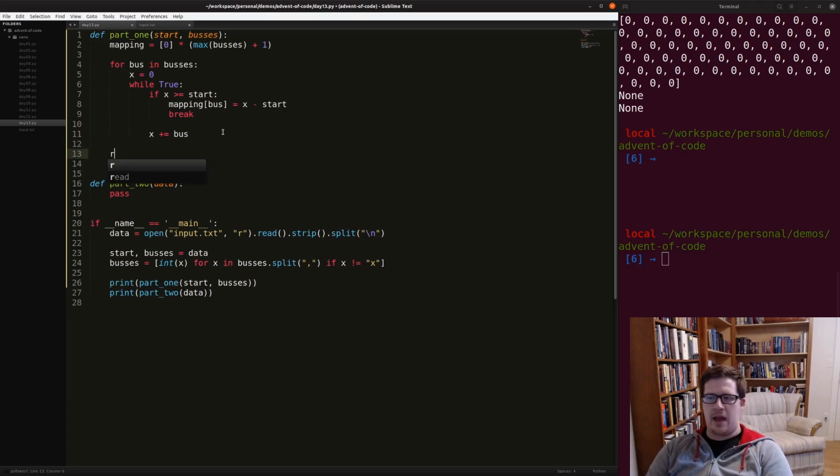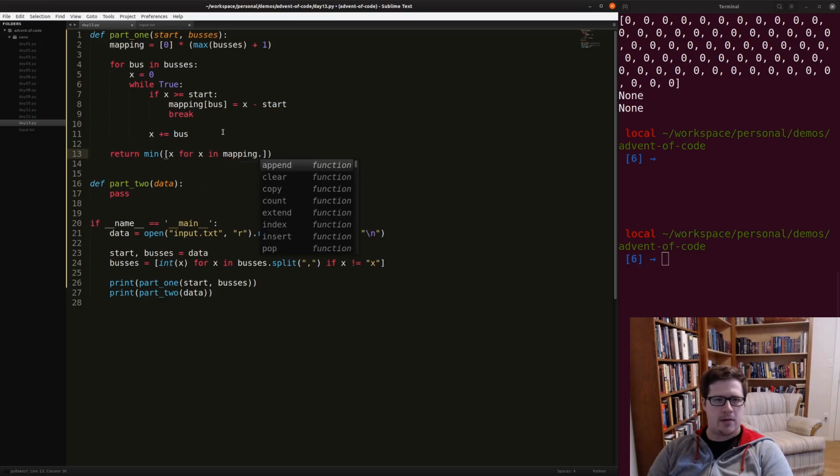And then we can return the minimum of x for x in mapping dot values. And we need to multiply that by the bus value, right? So we need to multiply that by,